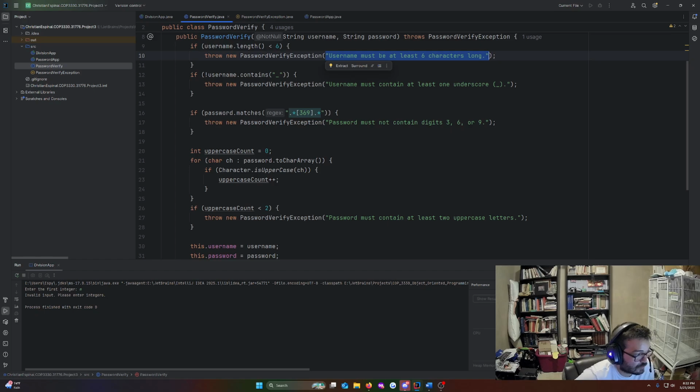Our second rule is coming in the form of a check to see whether or not the username provided contains an underscore. Then we're going to print out that it must contain an underscore. And our third rule is checking if